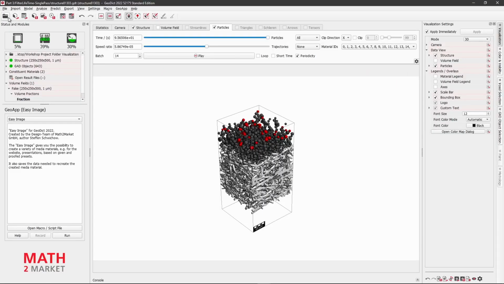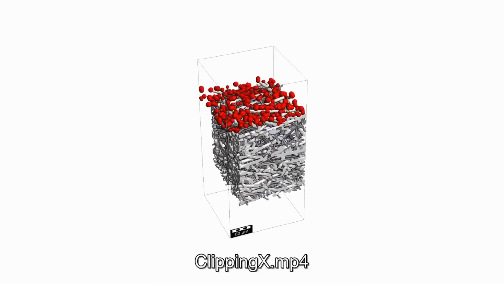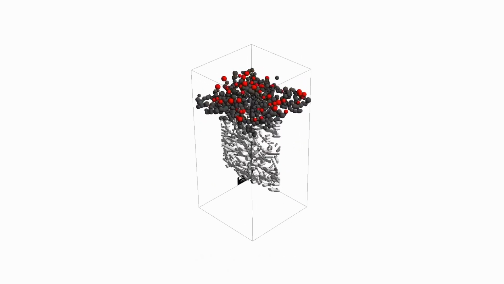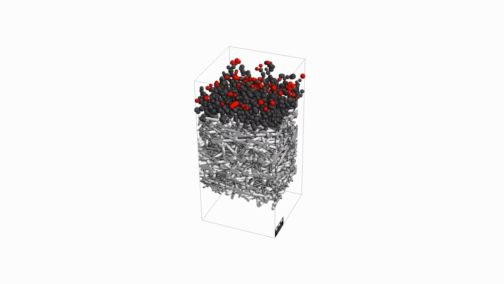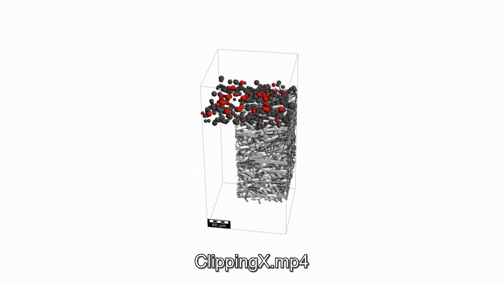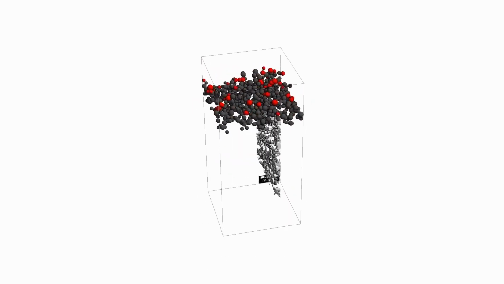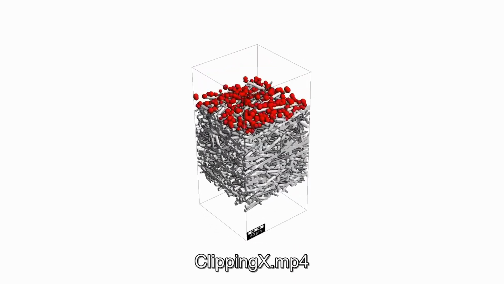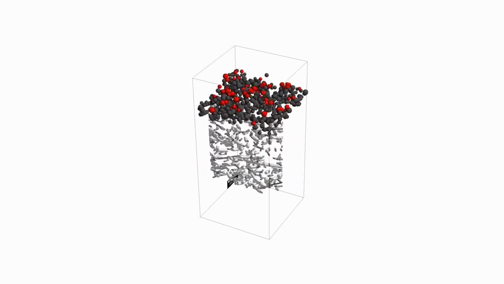The video generation is now finished, and I will now open the video in the project folder. As we can see, we got exactly the same video that we could already see in the preview in Geodict. We have a nice 360-degree rotation of our filter medium, while the cut shows us the inside and the particles settle in the filter medium. The entire scene is visualized in style and corporate design compliant, at least for us at Math2Market. Now it is up to you to present your work and your company just as elegantly.